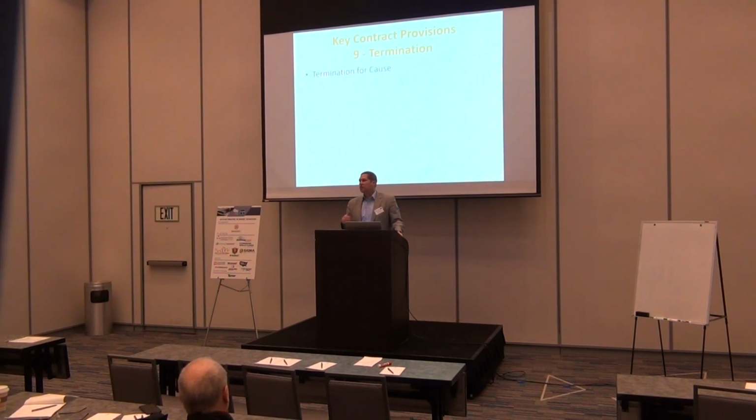All right, so this goes really right into termination, because that's really the next piece. There are two types of termination: a termination for cause, either by the owner or by the contractor or subcontractor, or a termination for convenience. Termination for cause basically is when somebody's not working on the project, not doing adequate work, they might be getting supplemented. The question is, at what point does that become a basis for termination?